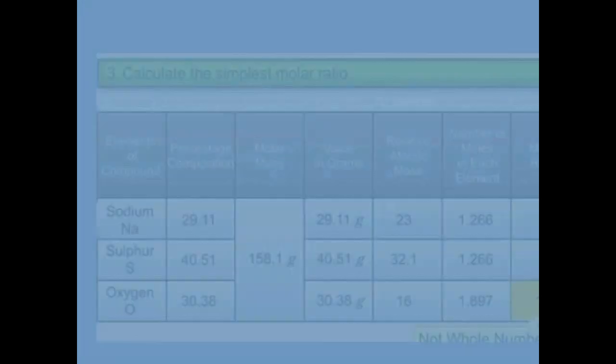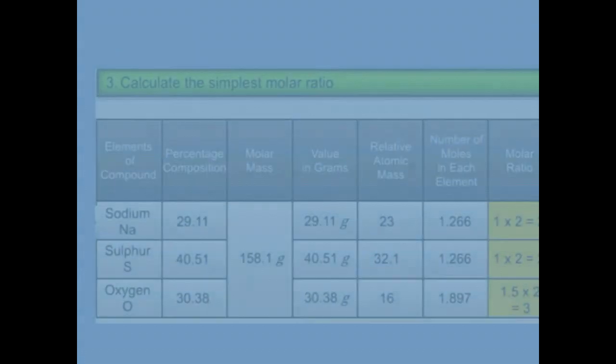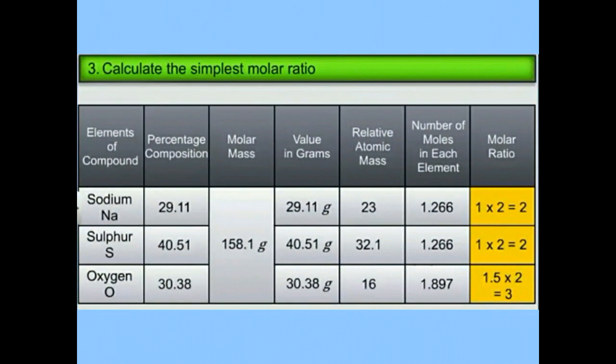1:1:1.5. Now students, we always want the ratio in whole numbers, but here this ratio is not in whole numbers. So to make it whole numbers, we will multiply it by 2. When we multiply by 2, we will multiply these two numbers also by 2. Though these numbers are already whole numbers, we cannot multiply only one and leave the others. So we will multiply all these molar ratios by 2, and we will get a new molar ratio, that is 2:2:3. Now all these numbers are whole numbers.